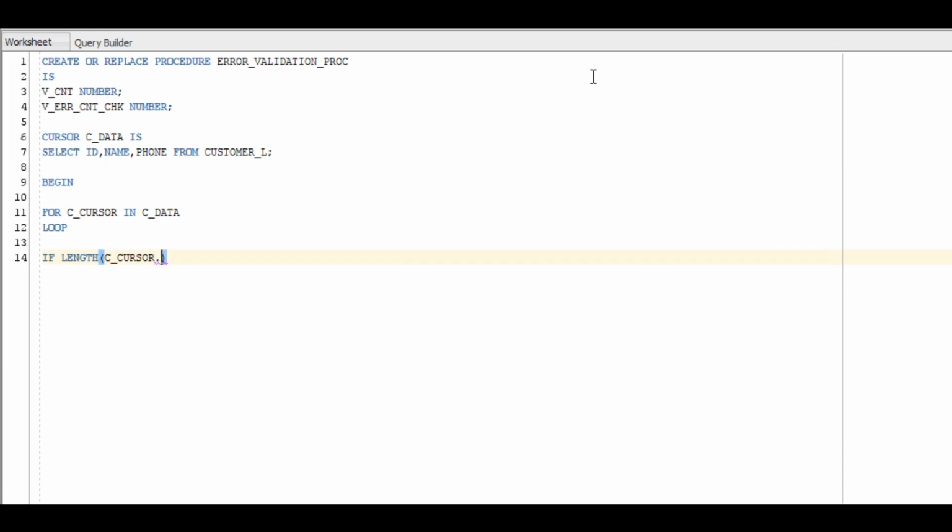Now here we are defining our first business rule, which is that the length of a phone number should not be less than or greater than 10. It should be equal to 10. So whenever it is not equal to 10, we will be rejecting such records, and we will insert such records in the reject table.